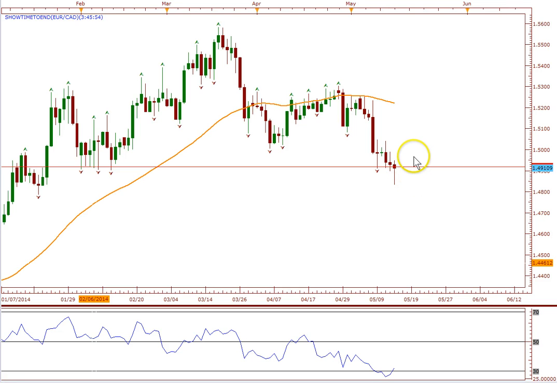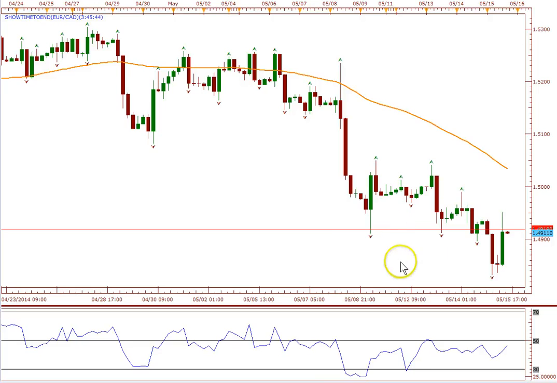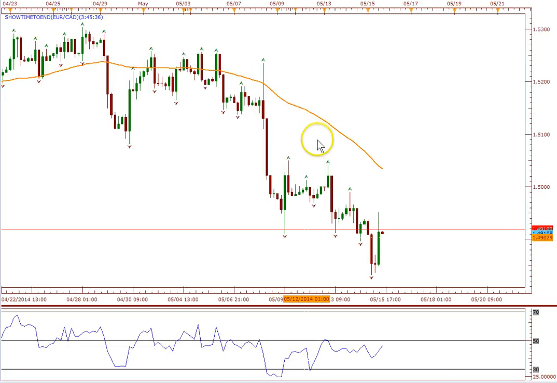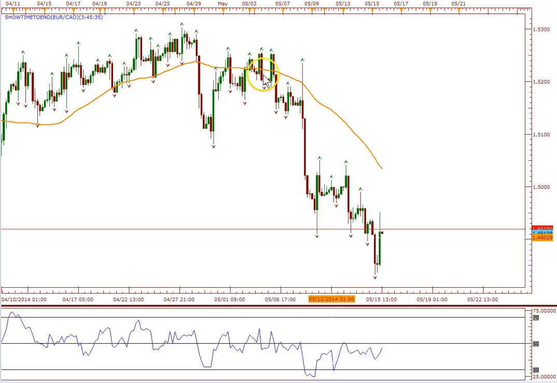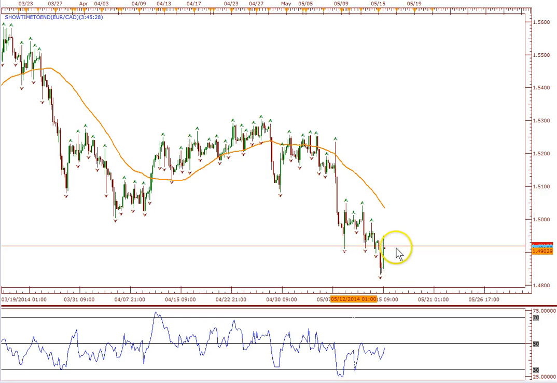So we want to wait and see on the daily time frame, and then we could look for an opportunity. And we'll go to the 4-hour time frame and look for an opportunity. And there's none yet because we want to wait for that daily to close, and then we'll start looking. The way the 50-period moving average is rolling over, you know, we'll see if this level holds. All right,